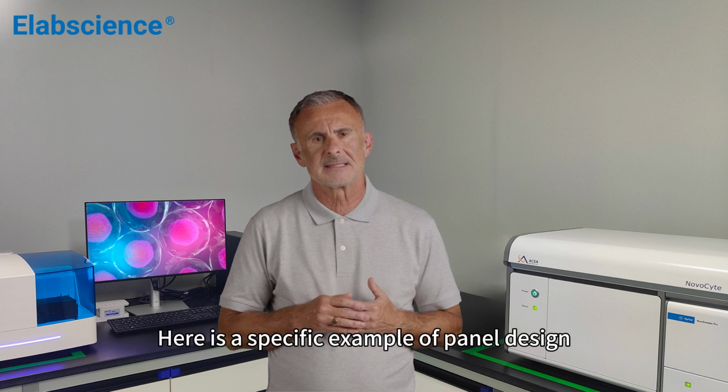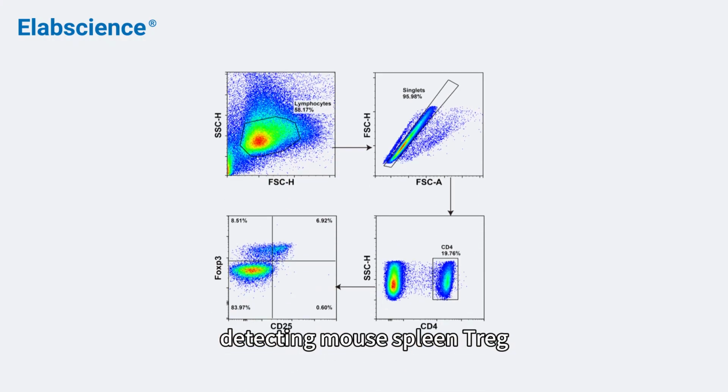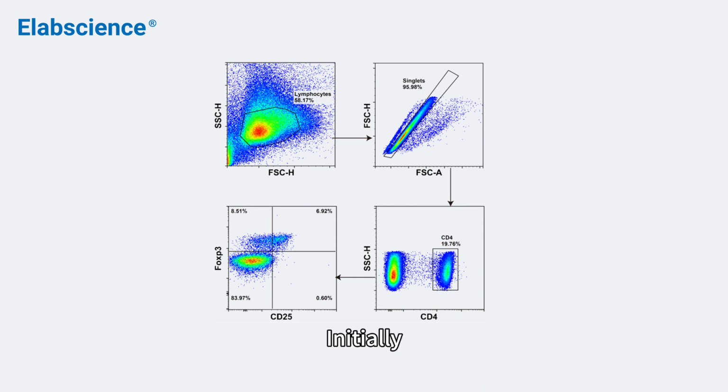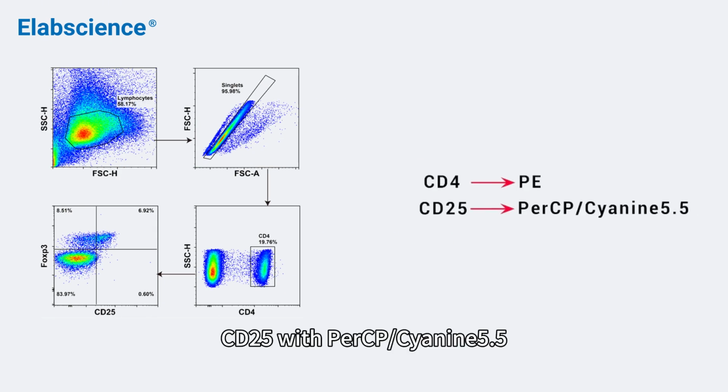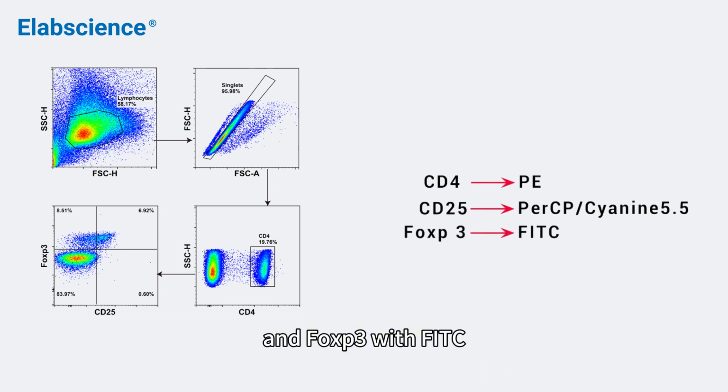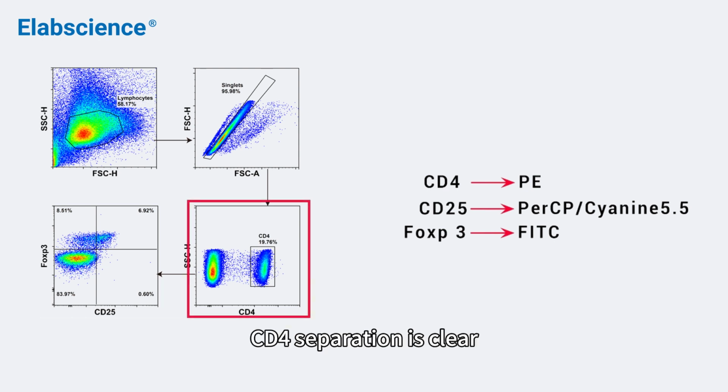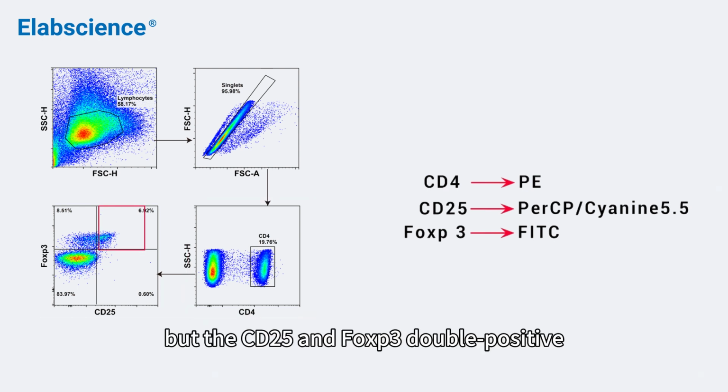Here is a specific example of panel design. Detecting mouse spleen Treg. Initially, the fluorochrome scheme was CD4 with PE, CD25 with PerCP/Cy5.5, and FOXP3 with FITC. As shown in the figure, CD4 separation is clear, but the CD25 and FOXP3 double positive population is not very